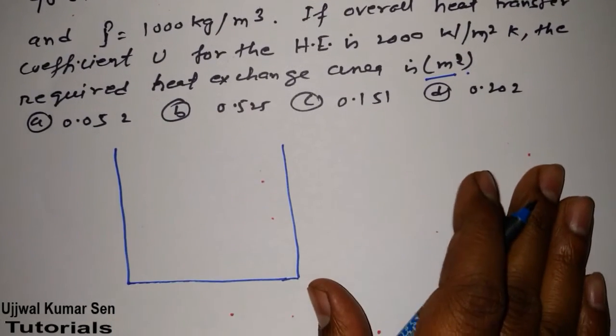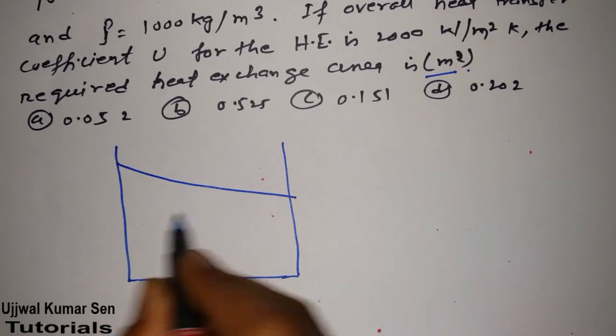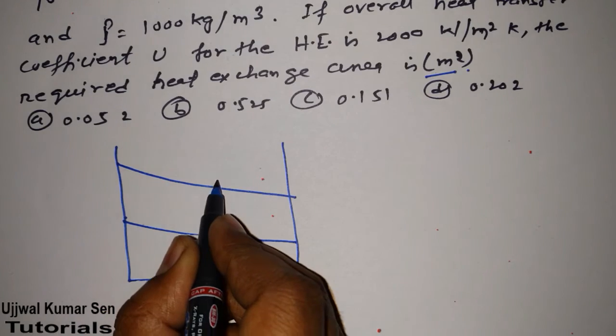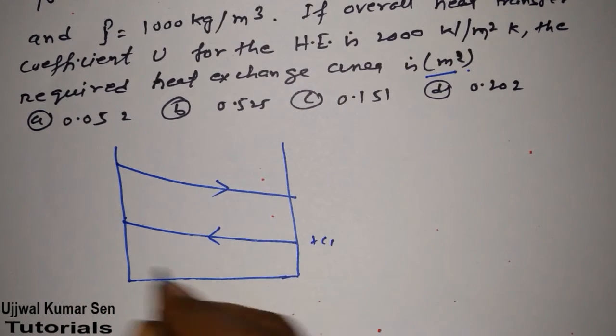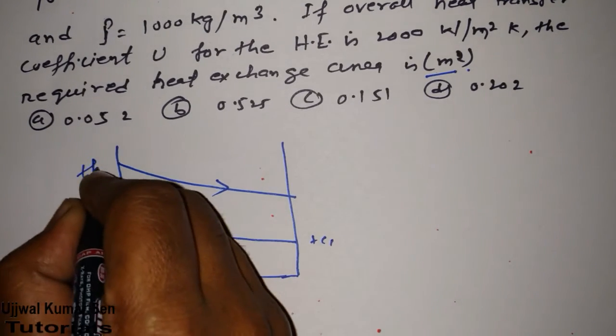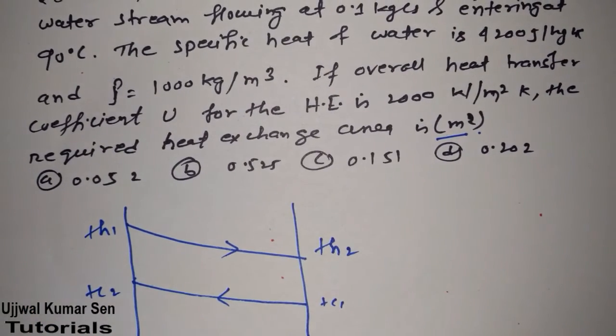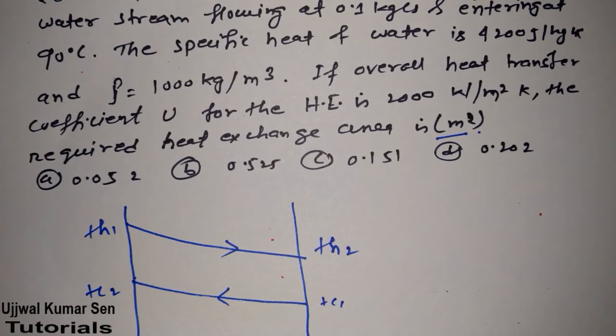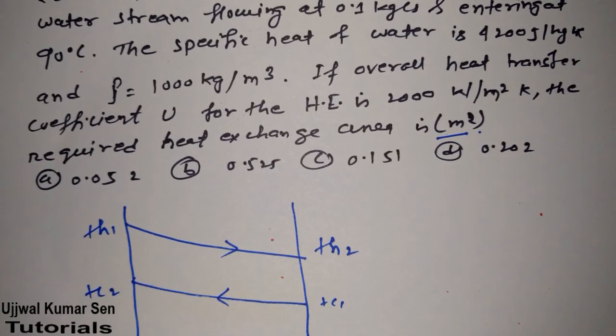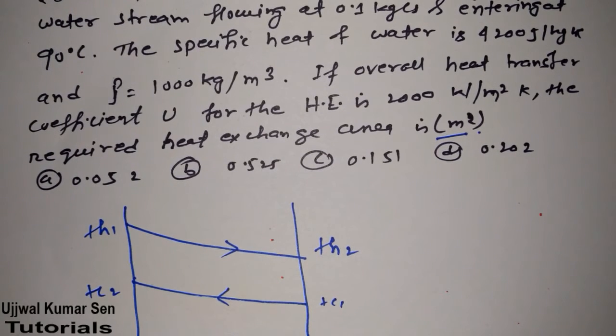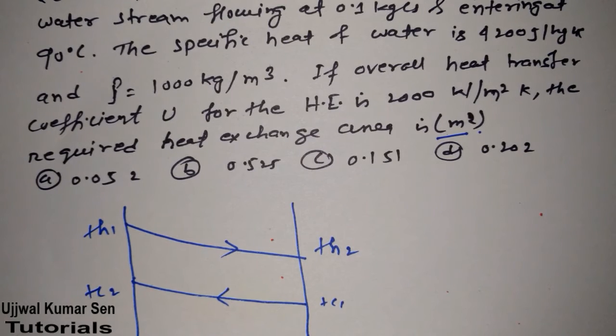Okay, this is a counter flow heat exchanger, and the hot fluid and cold fluid are flowing like this. This is TC1, this is TC2, this is TH1, this is TH2. Well, in my previous videos one of my viewers told me, don't be in a hurry, try to make us understand slowly. That's why these days I am putting a lot more time into making videos, and speaking slowly, so that you can understand even if you are a beginner.